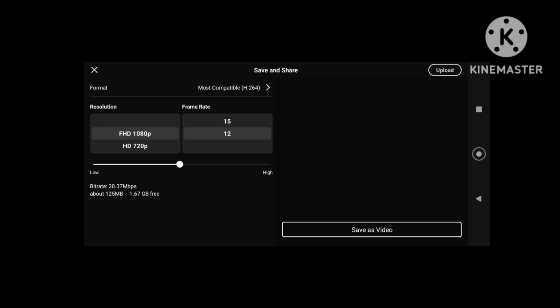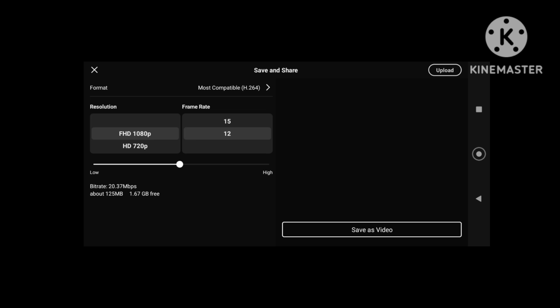Once you are finished editing your video, it's now time to export or share with the world. Once you are done, tap the export icon, which appears as an arrow pointing up out of a box in the top right corner. Choose your resolution, e.g. 1080p, 720p, 480p.